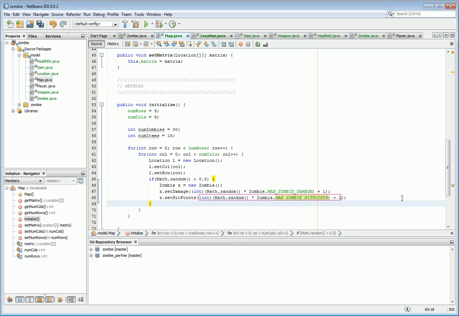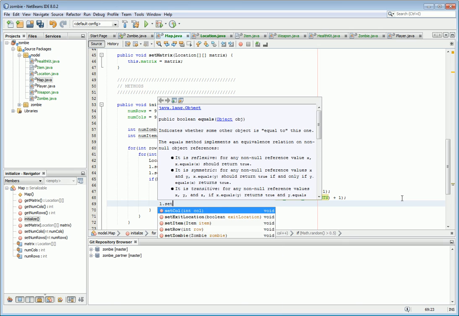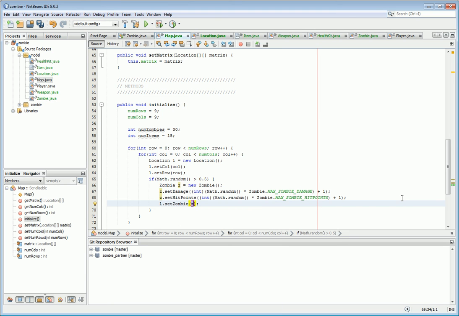So now I've got to make sure I add the zombie to my location, and I've done that. And then I'm going to copy this code, and